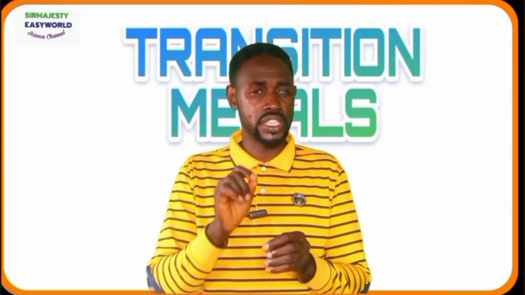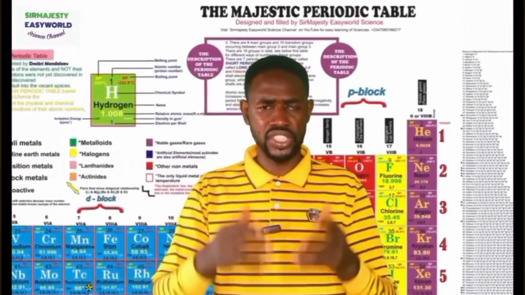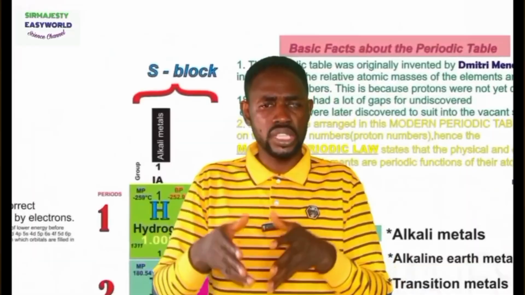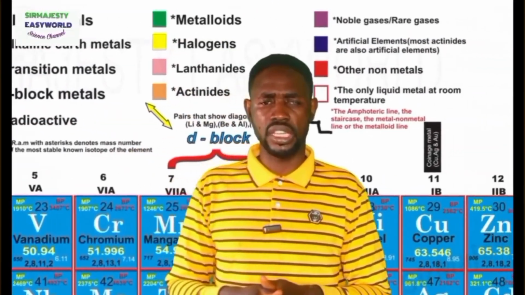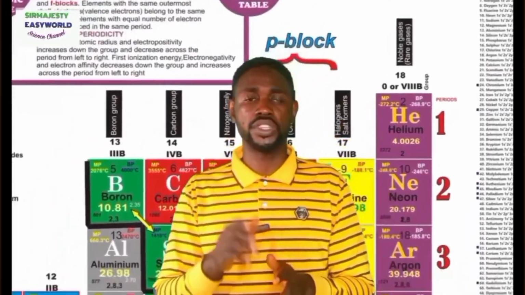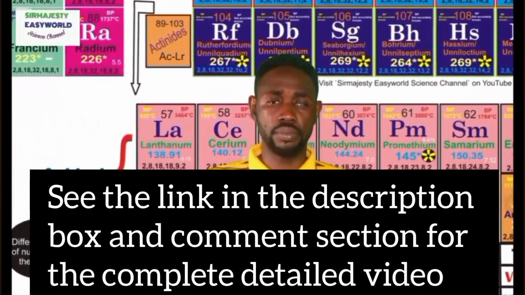And n here is the principal quantum number of the last shell. Hold on. Looking at this majestic periodic table you can see behind me, we will see that there are 4 blocks in the periodic table according to the 4 subshells S, P, D, and F. Out of which 3 blocks, S, P, and D blocks are